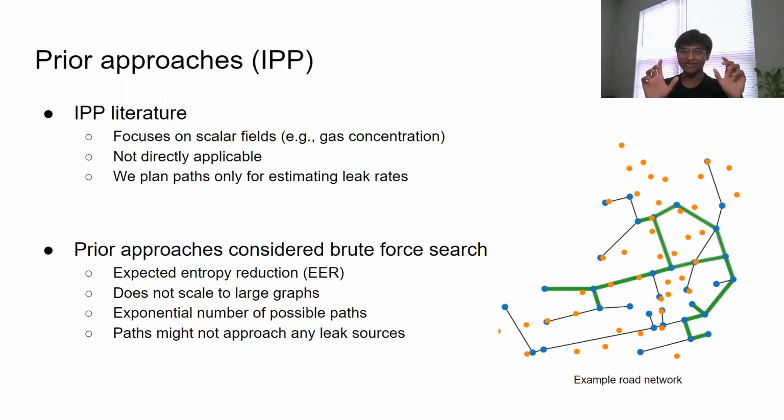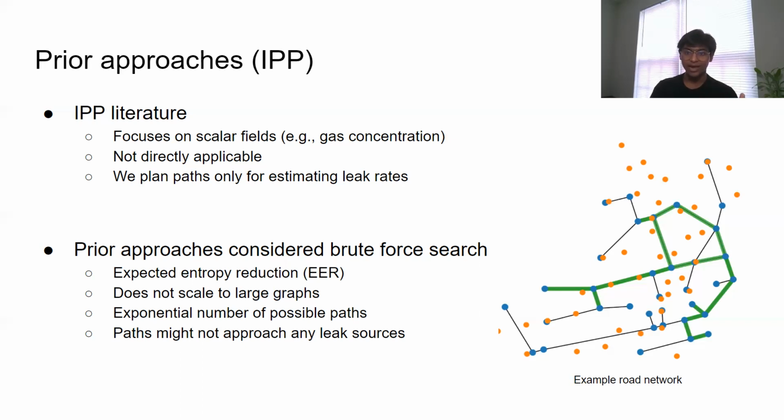So informative path planning is again not a new problem. It has been addressed before by numerous authors. Our variant of IPP, though, is intrinsically different from the conventional problem. When solving the IPP problem, one is usually concerned with getting the maximal amount of information about an entire data field. However, we are only interested in getting the information relevant to estimating the leak rates of the oil wells, instead of estimating the gas concentration in the whole oil field. Therefore, most IPP approaches do not apply to our problem.